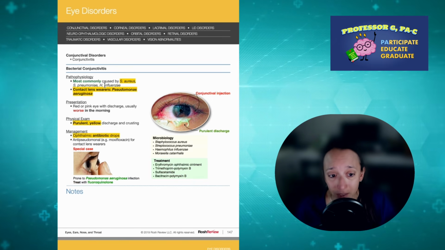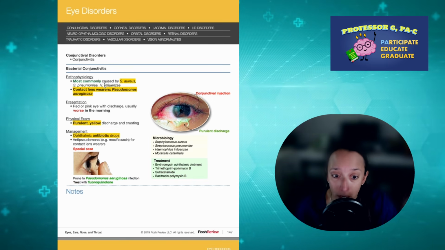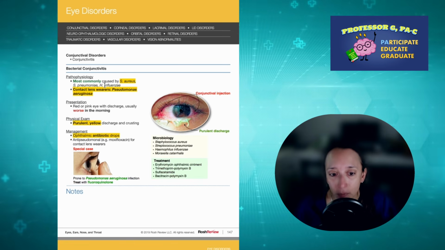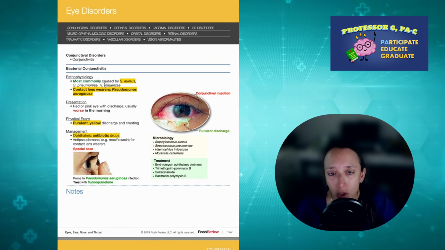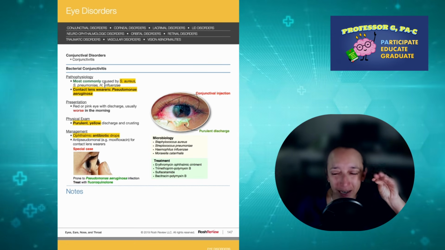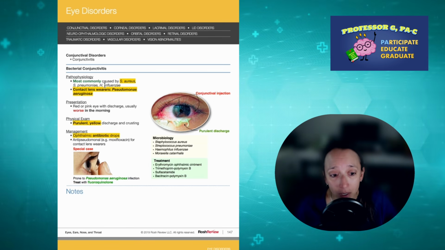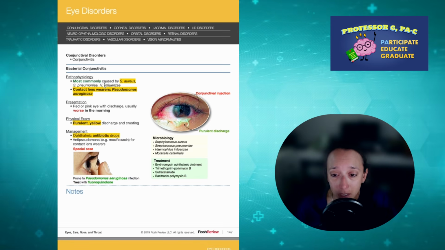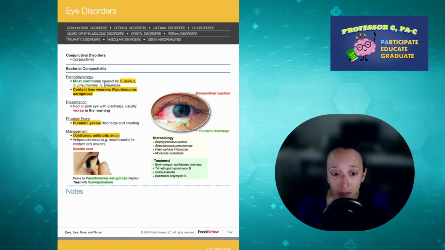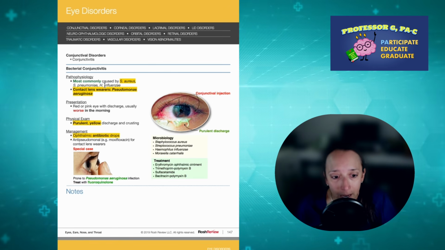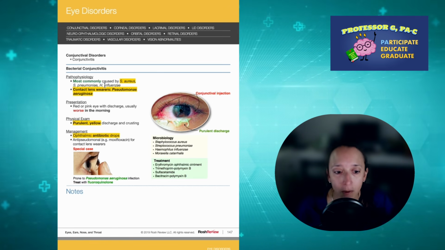The presentation is going to be a red or pink eye, usually just one eye, with purulent discharge, usually worse in the morning. So they'll usually have their eye crusted or matted shut in the mornings. As far as diagnosis, we do a physical exam. It's a clinical diagnosis. We'll see that purulent yellow discharge with crusting, and then we will manage it with ophthalmologic